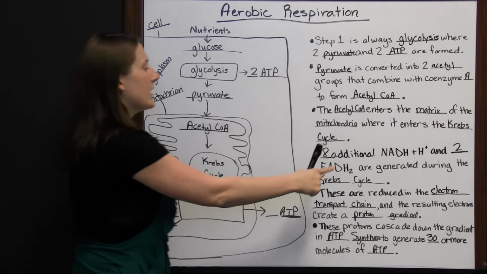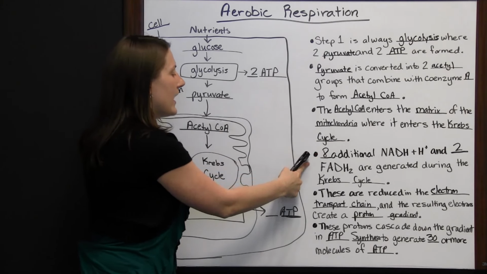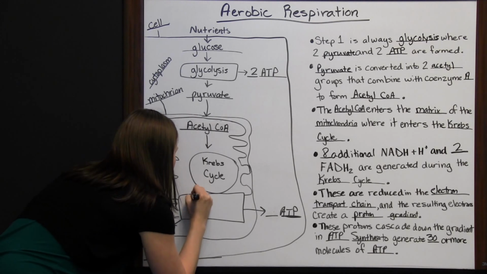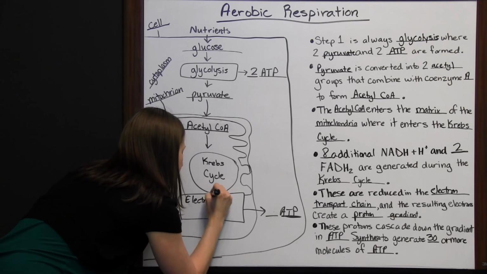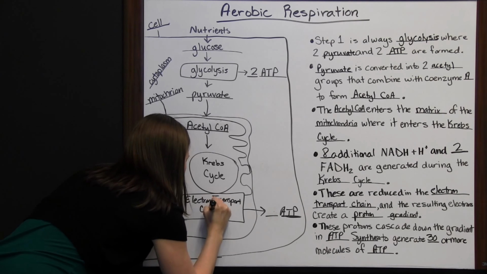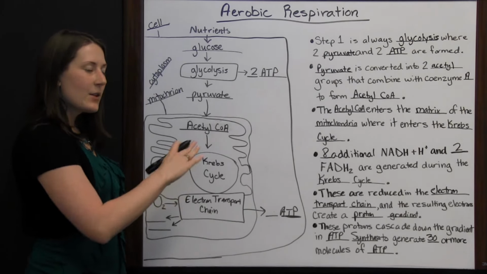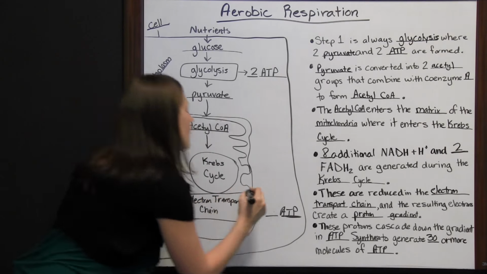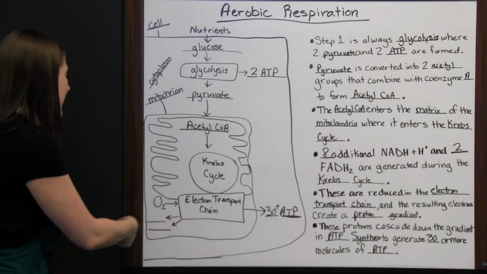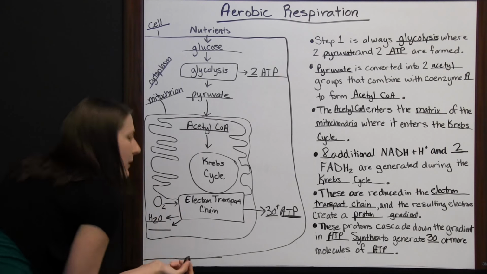During the Krebs cycle, we're going to get these molecules we talked about, our hydrogen-rich NADH and our FADH, and they're going to enter the electron transport chain. And as they are reduced, they form that proton gradient. The protons cascade down and generate 30 or more ATP molecules with some waste particles in the form of H2O,